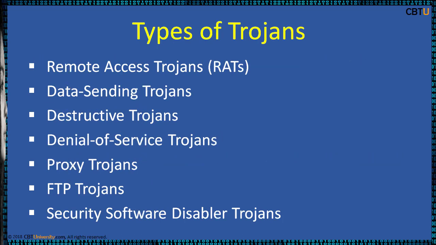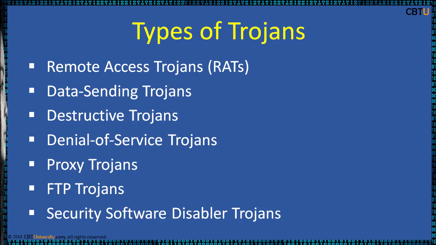Trojans can be created and used to perform different attacks. Here are some of the most common types of Trojans. RATs, remote access Trojans. These are used to gain remote access to a system. Data sending Trojans. These scan the system, find the data and deliver it to the hacker. Destructive Trojans. They are used to delete or corrupt files on the system. Denial of service Trojans. They are used to launch a denial of service attack, or a distributed denial of service, DoS or DDoS attack